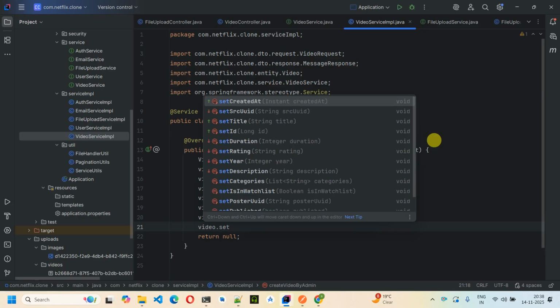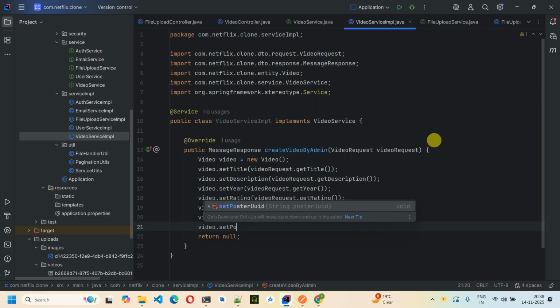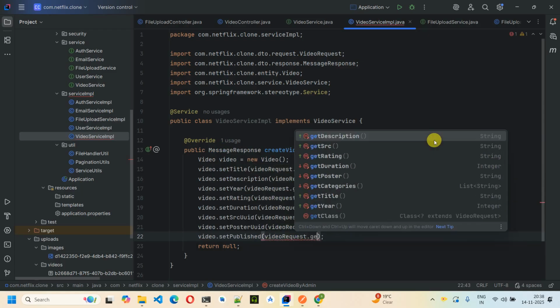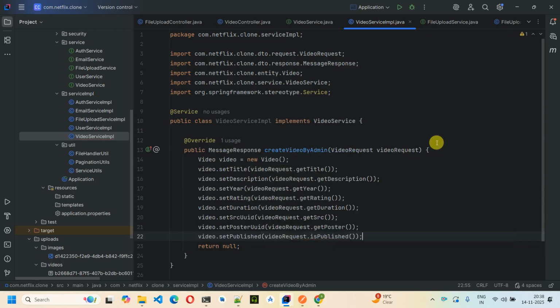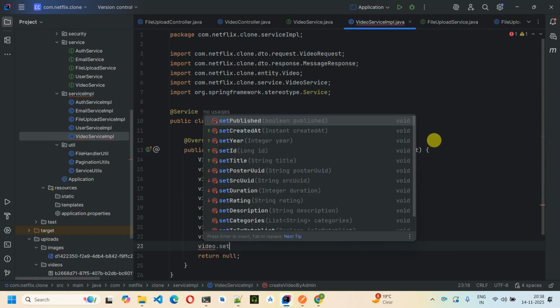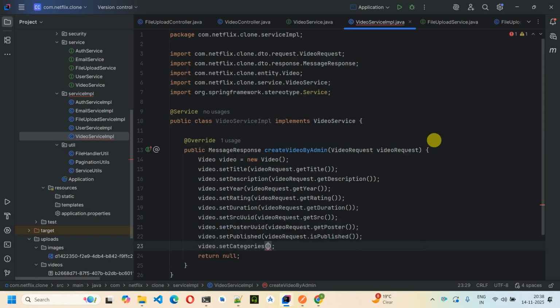video.setPosterUUID, videoRequest.getPoster, video.setPublisher, videoRequest.isPublished, and finally what we will do is videoRequest.setCategories, and into this one what we will do is simply